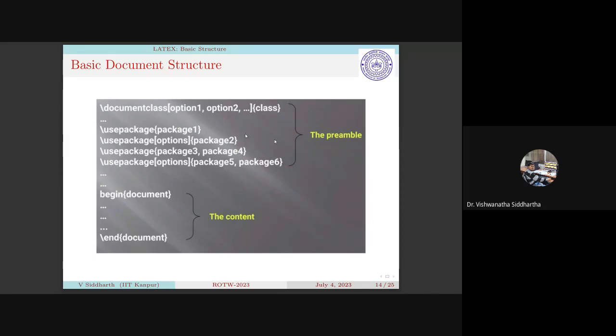Yeah, so this is the basic document structure in LaTeX. See here, first we are saying the document class. So we are writing a document. So what is the document class, and what are option 1 and option 2, and what are these classes? I'll explain. And next, if you want to add one figure, one table, or one equation,